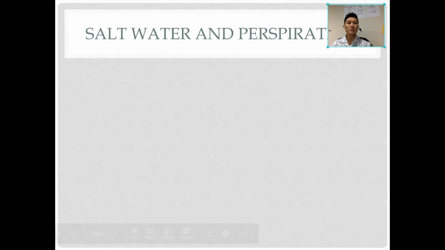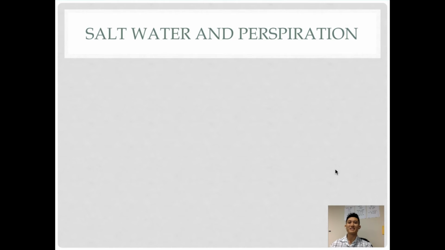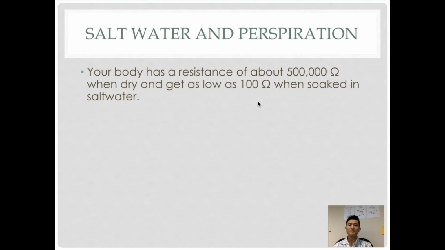And lastly, the other thing that might affect our current is salt water and our perspiration, because you might be thinking, well, when I touch the Van de Graaff, for example, does that have a lot of current, or a lot of voltage? How come that doesn't kill me if I just touch it and I get zapped? Well, because of the properties of your skin, you have layers and layers of dead skin and layers and layers of cells. It generates a very large amount of resistance, 500,000 what we call ohms, which we'll look at next lesson,